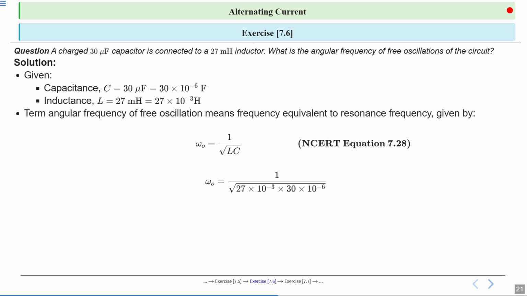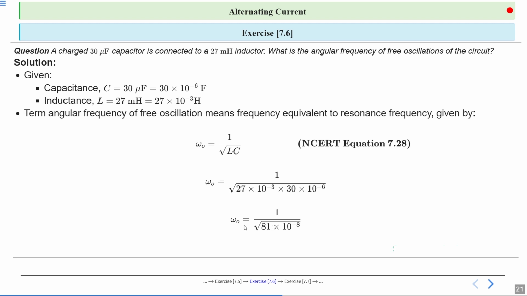Now put the values of L and C in this equation. So omega naught will be equal to 1 upon root 27 into 10 to the power minus 3 into 30 into 10 to the power minus 6. 27 into 3 is 81, and 10 to the power minus 3 into 10 to the power minus 6 will be 10 to the power minus 9. Along with this 30, you have to divide it as 3 into 10. So that 10 makes it 10 to the power minus 8, and 27 into 3 makes 81. So root 81 is